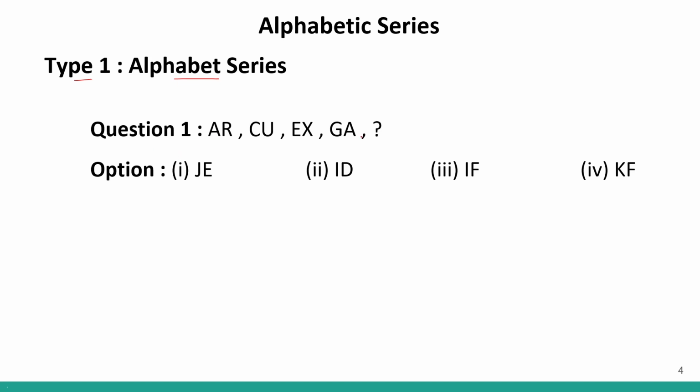Now, over here, we are given certain elements and we have to find the next missing element. So, I am going to give them forward ranks. If I give them forward ranks, A is 1, this is 3, this is 5, and G is 7. So, clearly, there is an increment of 2, correct? So, the next element will also increase by 2. So, I'll get 9. And at 9th position, we have I. So, my word will start with I. Correct? This much is clear.